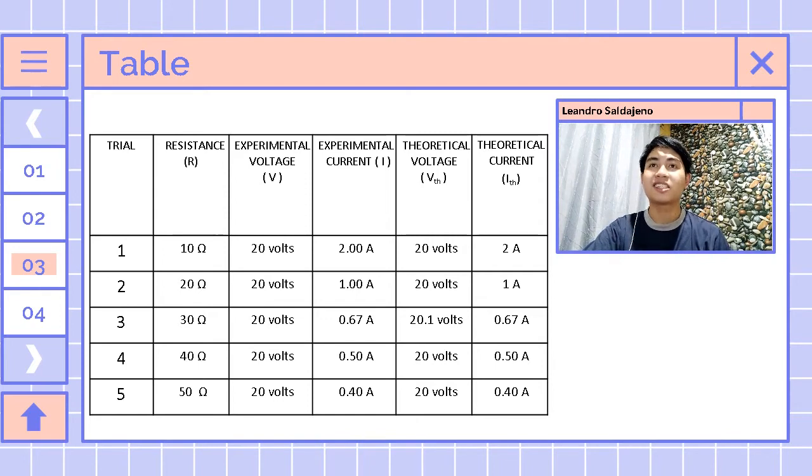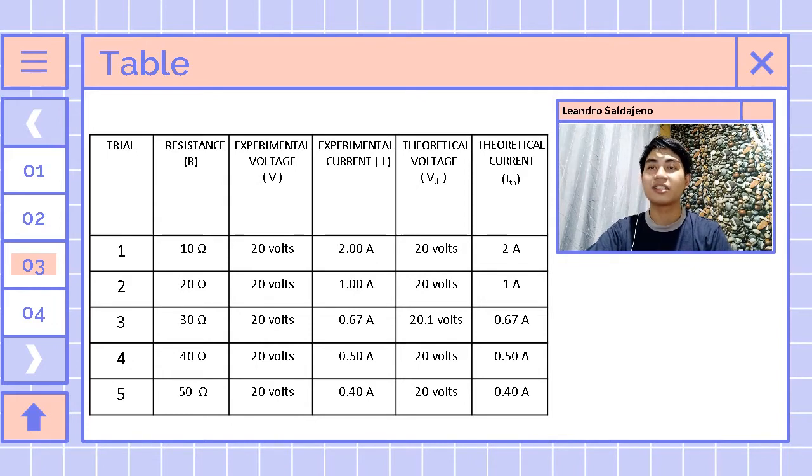Resistance 10 ohms, experimental voltage 20 volts, experimental current 2 amperes, theoretical voltage 20 volts, theoretical current 2 amperes. Trial number 2, resistance 20 ohms, experimental voltage 20 volts, experimental current 1 ampere, theoretical voltage 20 volts, theoretical current 1 ampere. Trial number 3, resistance 30 ohms, experimental voltage 20 volts, experimental current 0.67 ampere, theoretical voltage 20.1 volts,